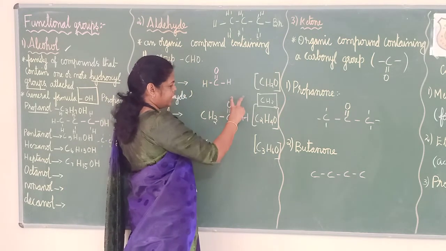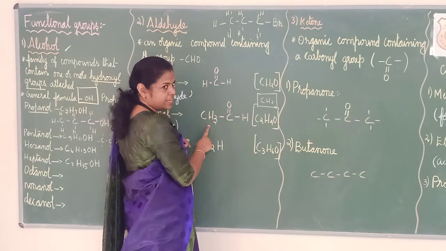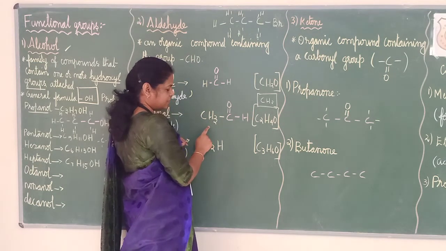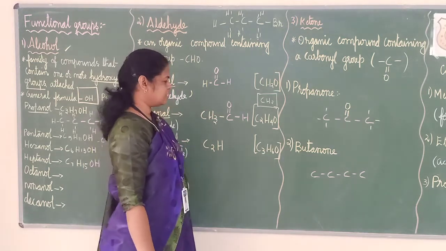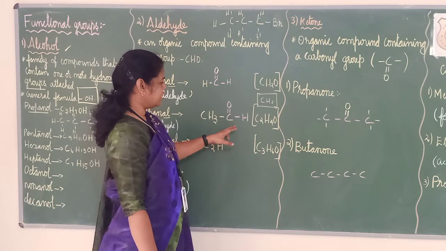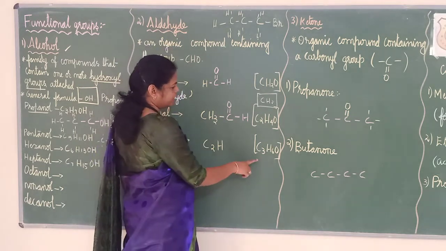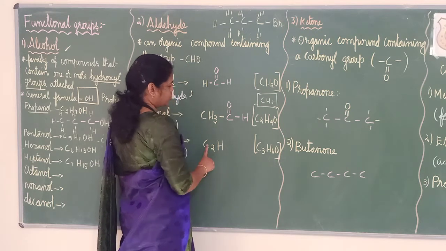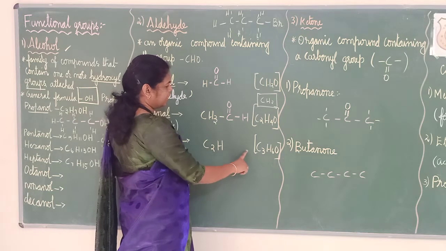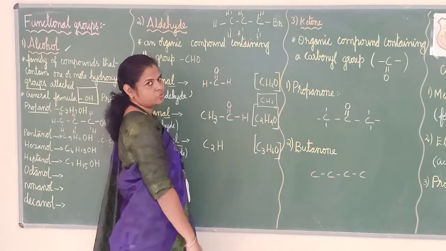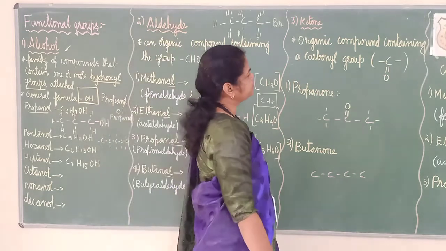So, CHO on one side and what should be added? CH3 should be added this side. In the same way, you write for the others also if you are interested. For example, C double bond O, H, if you put, what will come here? C3, no? So, CH3, here 2 carbons, here 3 carbons you should put, and the same way you should write. Try this.